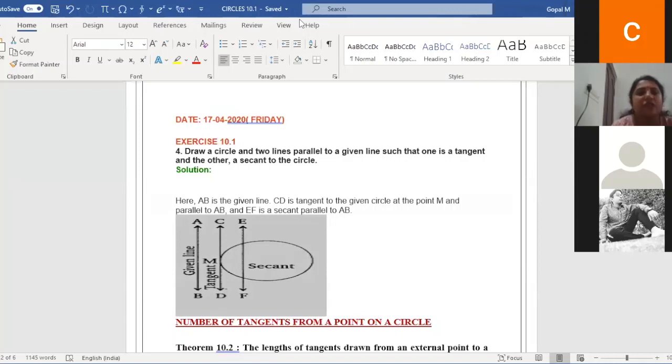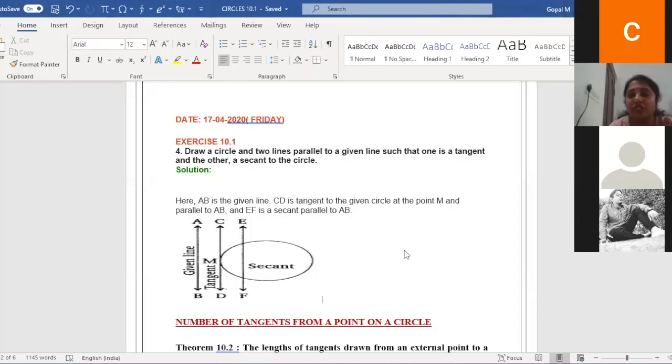Yesterday's class, I discussed two theorems. One theorem I told you to write and come. Am I clear, children? Am I audible to everyone? Yes, ma'am. Yesterday's class, I told you that the last theorem is about the two tangents we